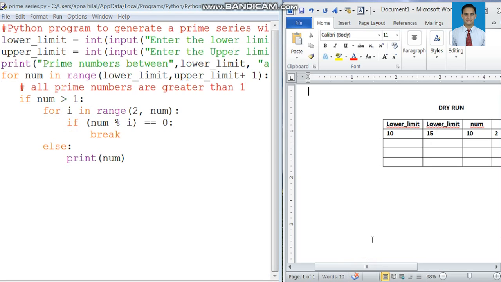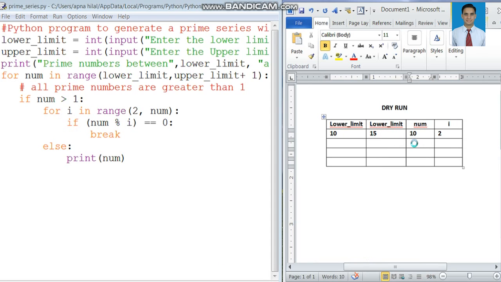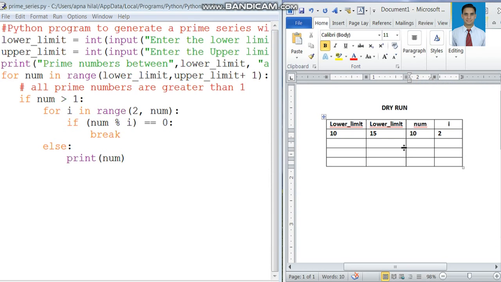Again the value of num will now be the next number, 11. Now if num is greater than 1, yes, 11 is greater than 1, so the internal for loop will get executed. For i in range 2 to num, now the range will be 2 to 10, and the value of i is 2. If 11 modulus 2 equals 0? No, 11 modulus 2 is not equal to 0.